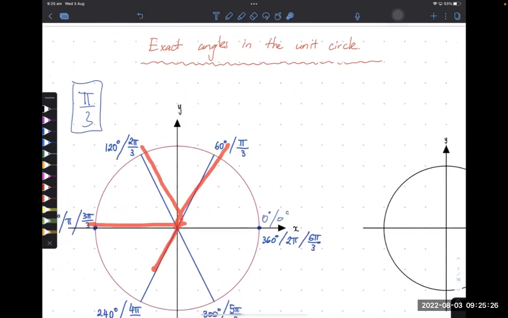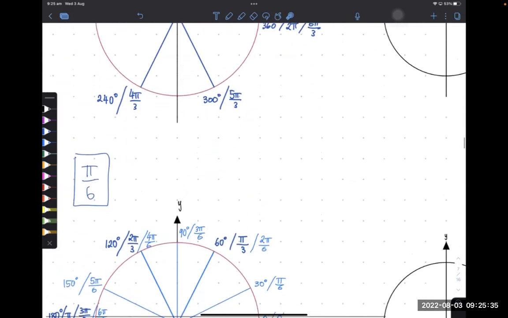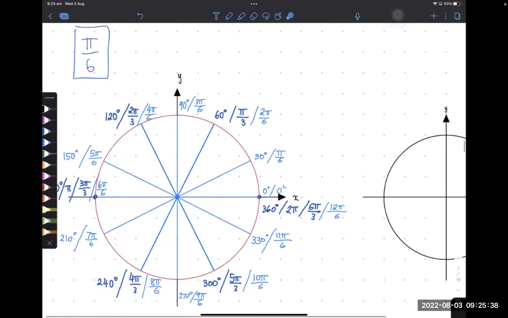Pi on 3, 2 pi on 3, 3 pi on 3, 4 pi on 3, 5 pi on 3, and then back to 6 pi on 3. So pi on 3 is another important angle that we kind of need to know. And pi on 6 as well. Now,